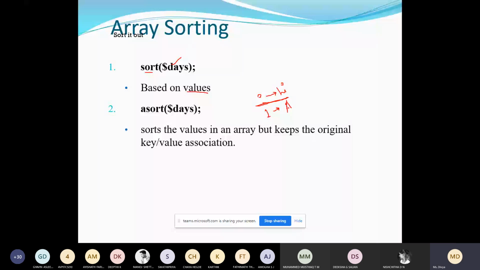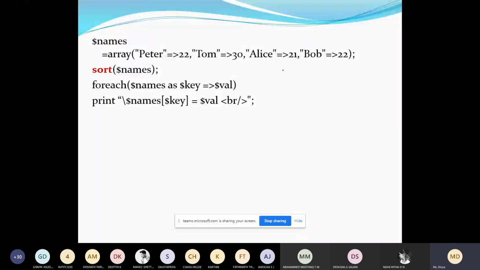Something like this it is there. So what it will do? First it will display the first one, and it will display the next in order, sorting the array elements based on the value. So it will sort the array, but here this association will be maintained. Here you can see it is not altering the values of the key. It is untouched. You can see the examples here.